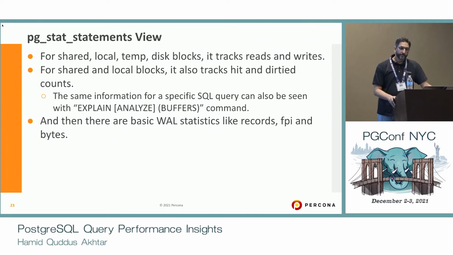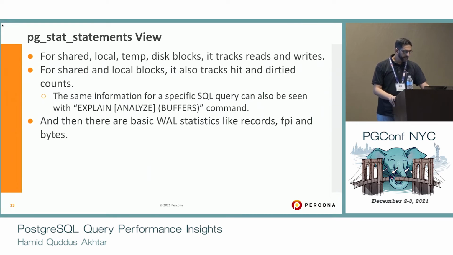You also have shared, local, and temp disk blocks and statistics on those. The difference here is, shared blocks are really your table and index access pages. Locals are basically, again, indexes and your temporary tables, and temp are basically the work mem or the operations that are needed to process a query. So whether, for example, sorting and data to be written for those things. So it tracks that, which is